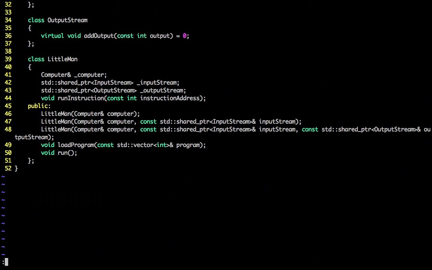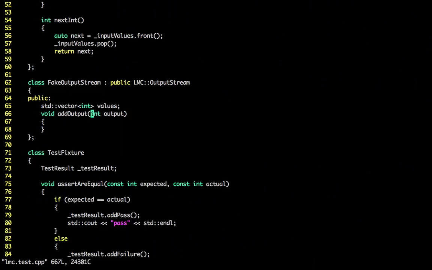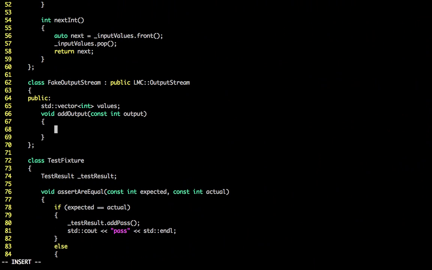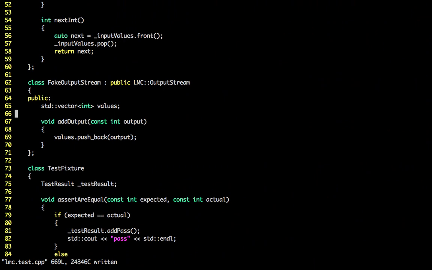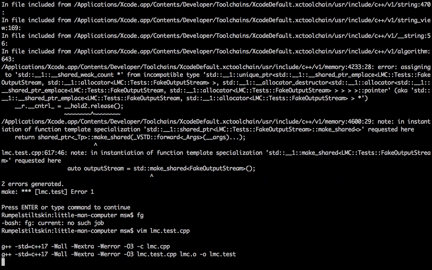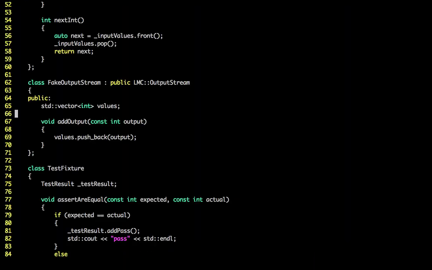That's const, of course, because we're not meddling with it. So that will then be values dot pushback output, I think. That's good. Let's have a bit of room. And then we will need to use that in the production code to pass through the value of the output. Good. So if we go to production code here,